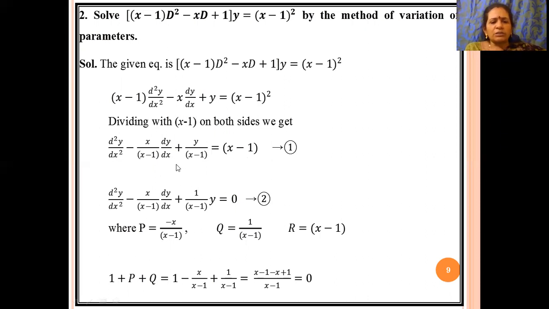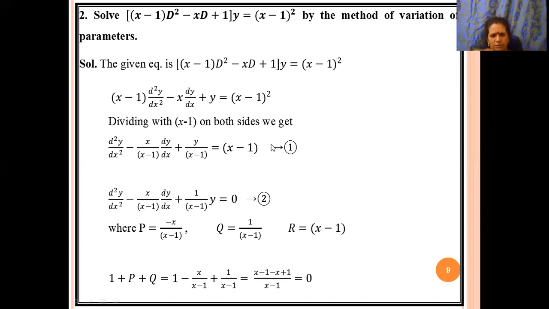So if we compare it with that, then we will get this, and we simplified it. This is the final y by x minus 1 is equal to 0. This is the second equation, we are taking the R value as 0, right? So d square y by dx square minus x by same. Only thing is here we have substituted R value as